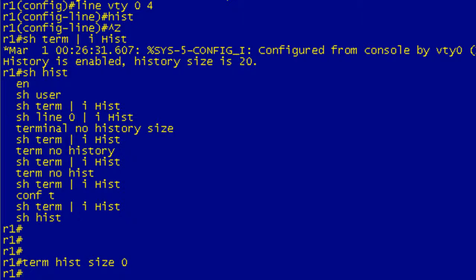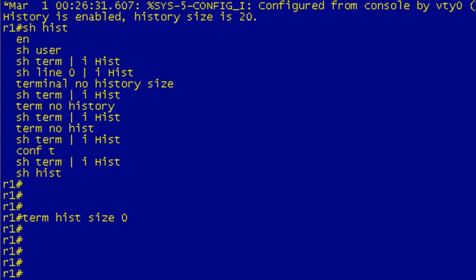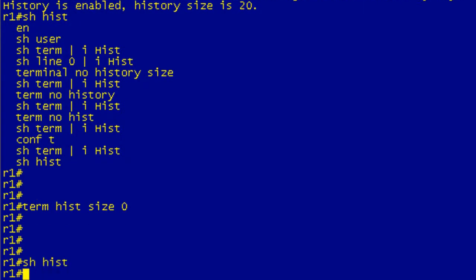This could show up on one of those classic CCIE questions where it's, do not disable the history buffer, but do not allow anybody to see what's in the history buffer, some bullshit like that. I'm not jaded. Anyways,